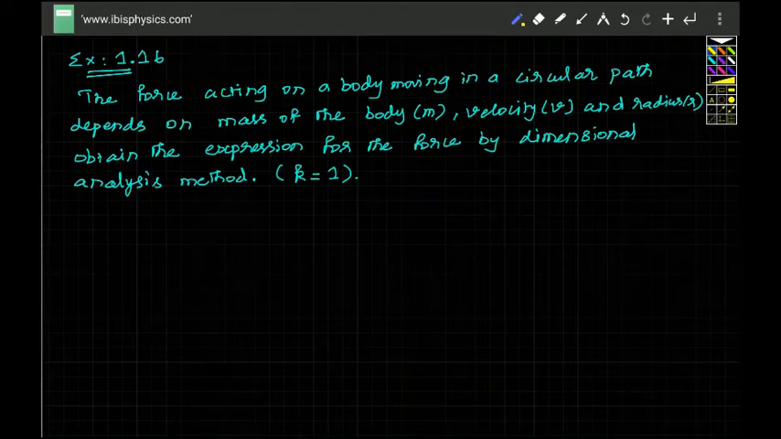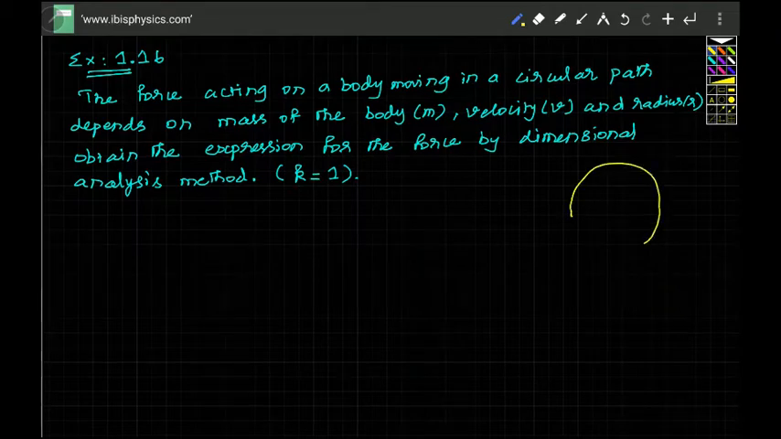Example 1.16 of the first chapter: we have to use the dimensional method to find the expression for the force acting on a particle that moves in a circle. So here the assumption is, what we are supposed to do has been given in the problem. If a particle moves in a circle, you can safely assume that the force